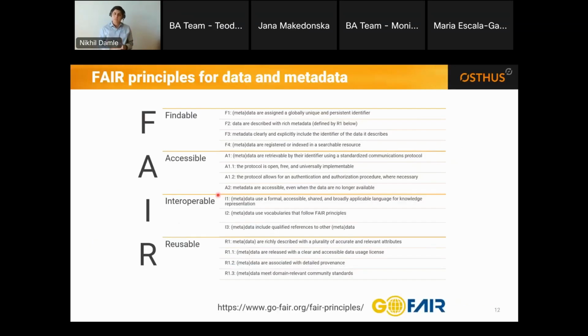So what are the FAIR principles? As I have mentioned, there are 13 of them. I'm not going to go into details of these, but they were defined and identified by the GO FAIR initiative, and I encourage you to go to the website to look into this. The point here is that these principles are applied to data as well as the metadata. Metadata is described as data about data. So it describes how your data is. That is metadata, and these principles are applicable to both.